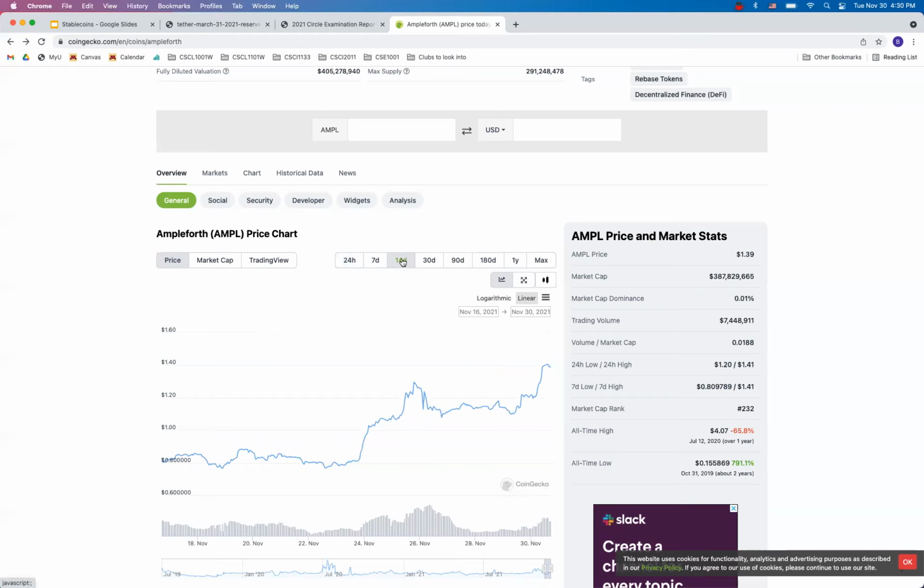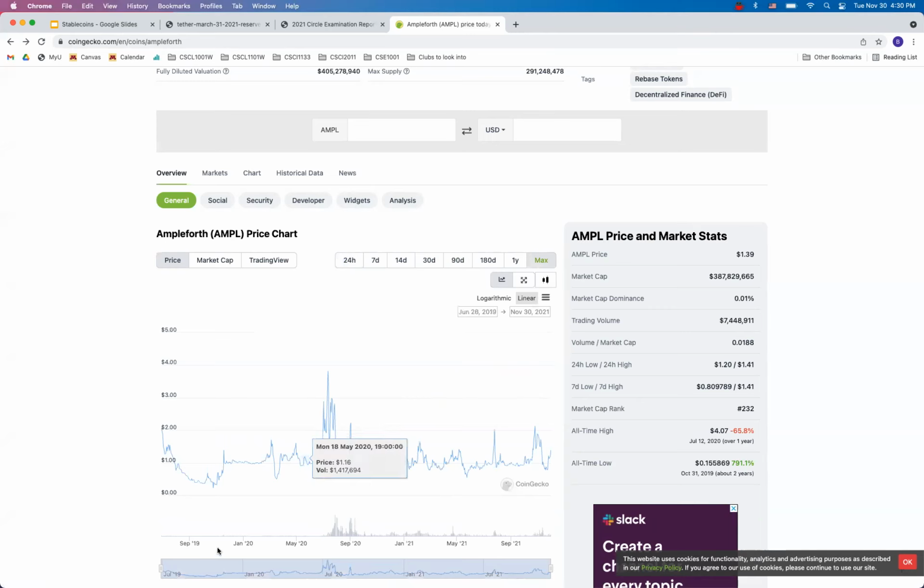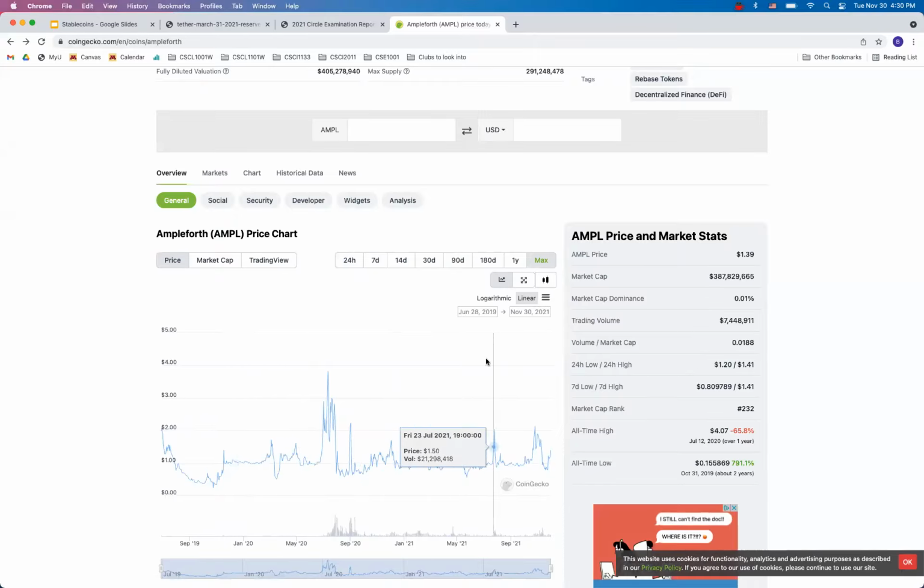Could you show the max? Yes. Pretty interesting. You can see it does return to equilibrium a lot, it's just not instant. I don't know what's up with that stable section. Let's see, when was that? Summer of 2020. Wasn't that when everything crashed? Oh wait, never mind, that was DeFi summer.